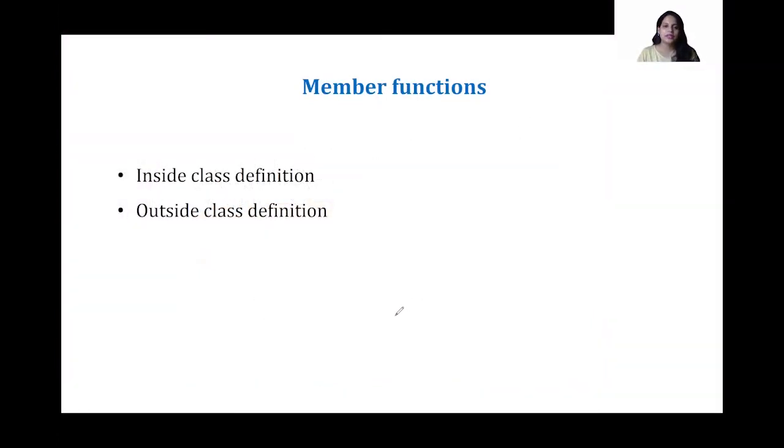So let us continue learning chapter 7, which is classes and objects. In the previous session, we had learned what is a class, what is an object, how they are related, how we declare an object, what is the structure of the class, etc. We had seen how our data members are accessed using the member functions, and also the different types of scope. Those are private, public, and protected.